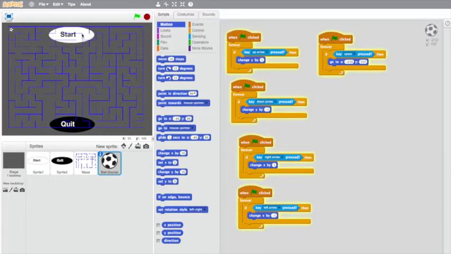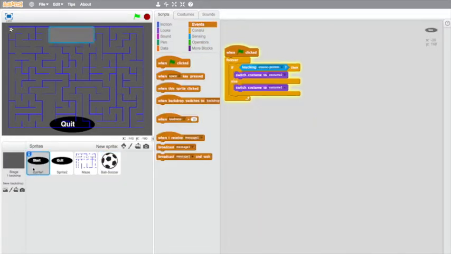So start should be a button. So when we press start, so when this sprite is clicked, we're going to go to events. First we have to go to start, events. When this sprite clicked,